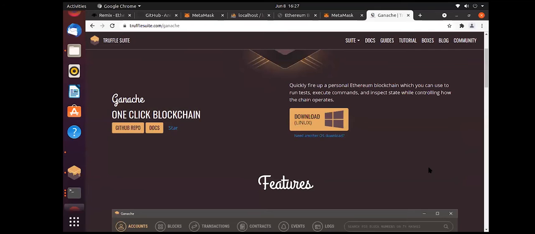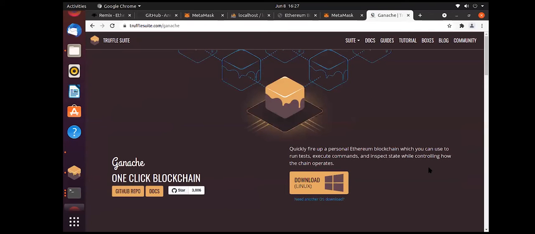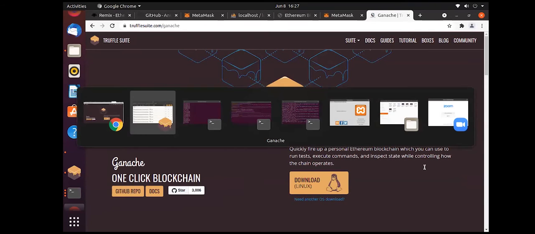So you can download it. Once it is downloaded, you need to install it. In order to install it, there are steps. So the steps are